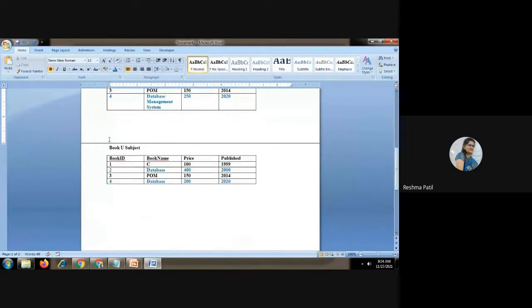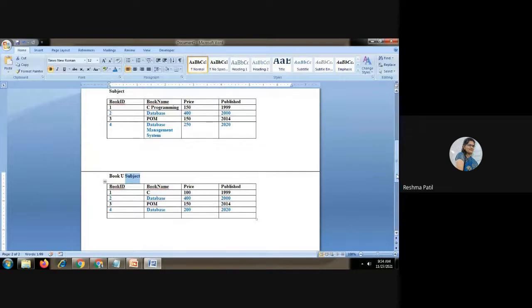First, it will contain the values of book. What are the records of book? All records it will contain. Now we have to add more records of this subject. Union is there, so we have to show each and every record from both tables. Only duplicate records we will avoid showing. Now in this C programming, this one is unique.